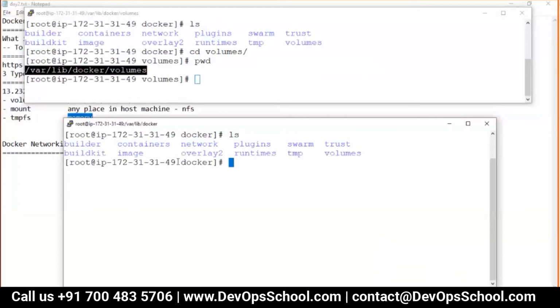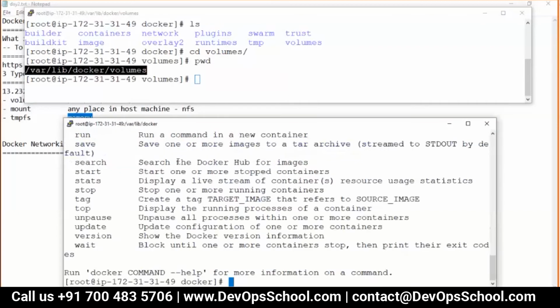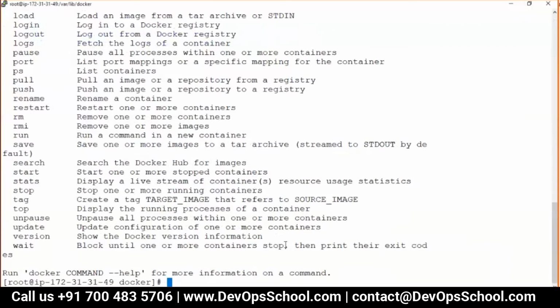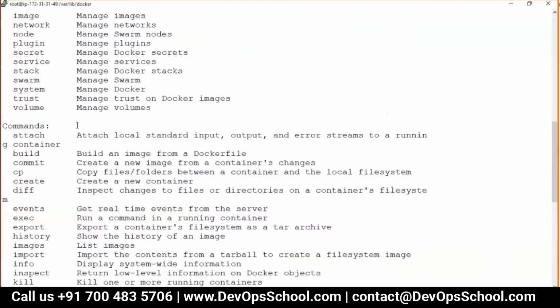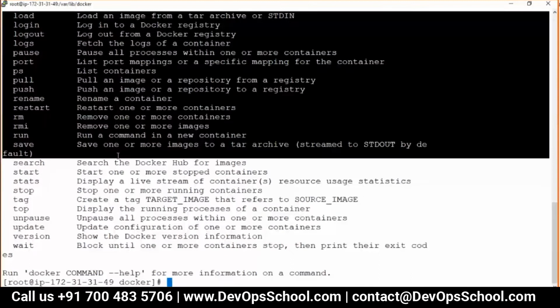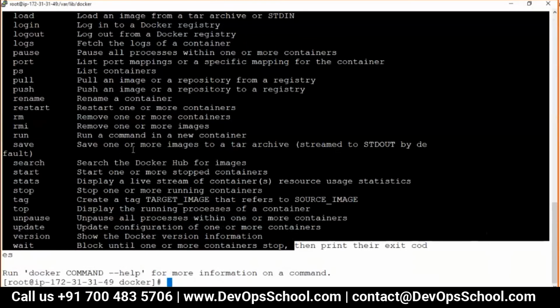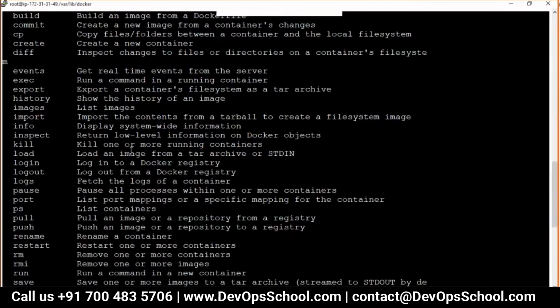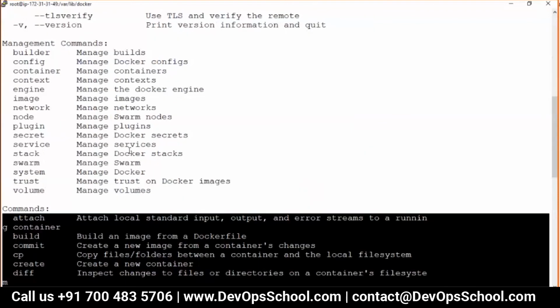I have the docker command, I know that, but the rest of the commands I don't know. If I don't know, I will ask for help and I will come to know. So if I see here, so many commands. If you remember, yesterday I shared one URL with the categorization of the commands. Please follow that one, it will give you the shape of learning. Working with containers we completed, monitoring completed, and working with images is pending.